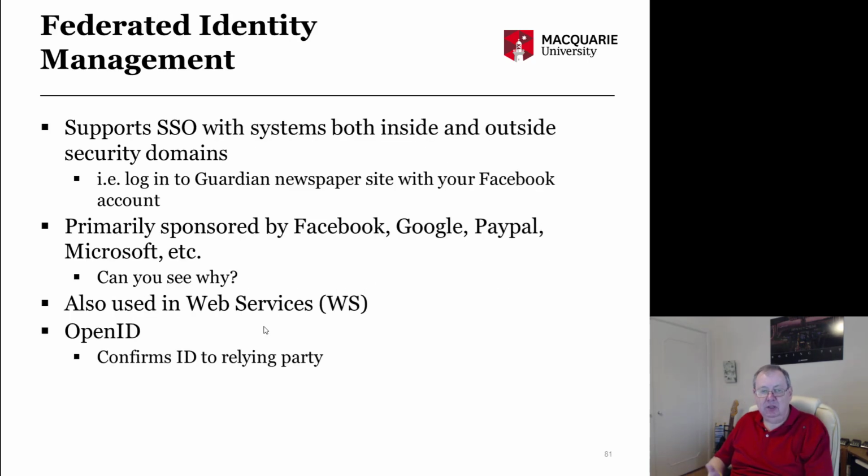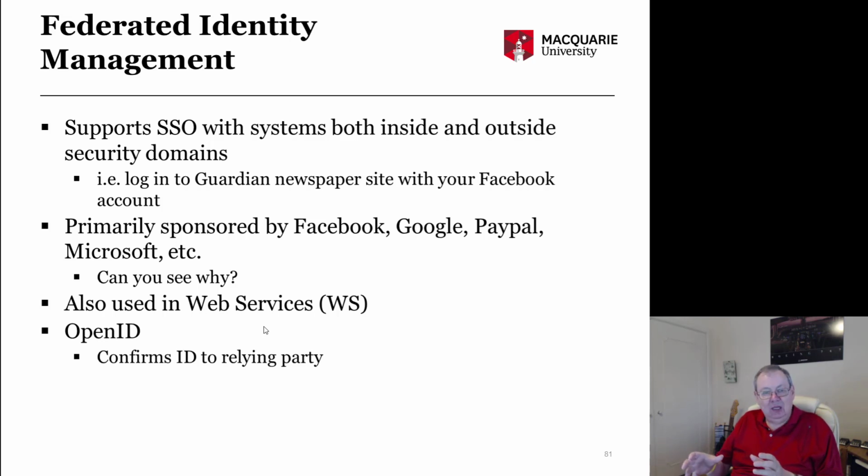So what's increasingly commonly used is federated identity management. And that works in many cases both inside and also between different security domains. A good example of this is if you go around the Sydney Morning Herald and the Guardian and other systems, and you can often log in, because isn't everybody logged into Facebook all day, every day? Since you are logged into Facebook and Facebook has authenticated you, you can often get Facebook to vouch for you. So when you say, I want to log into the Guardian using my Facebook ID, we can use some JavaScript under the covers and some